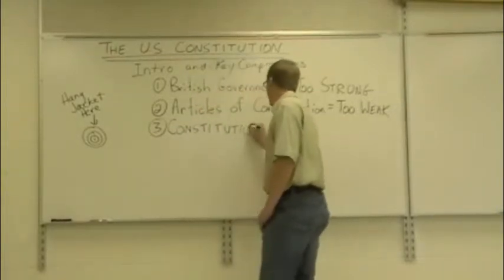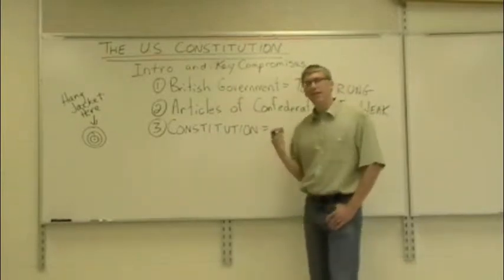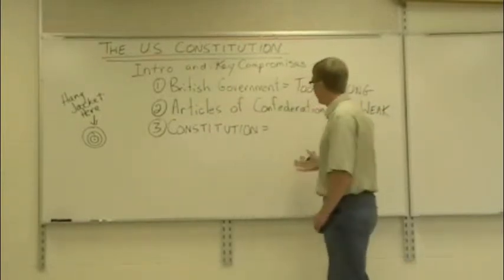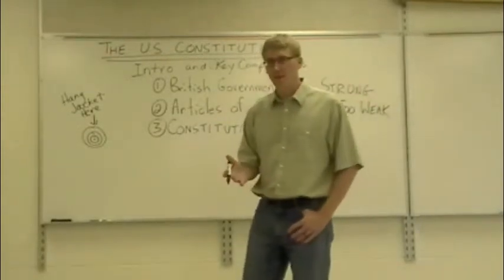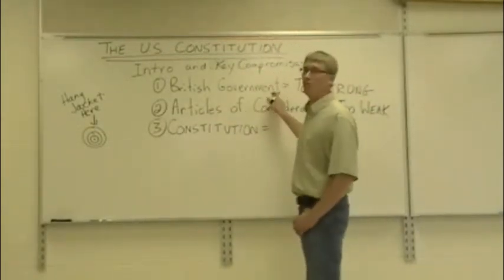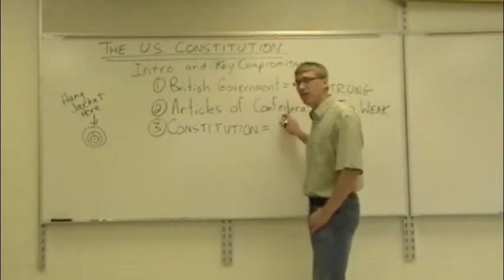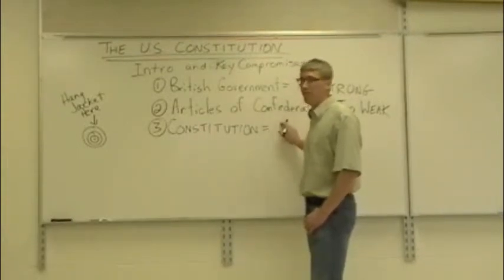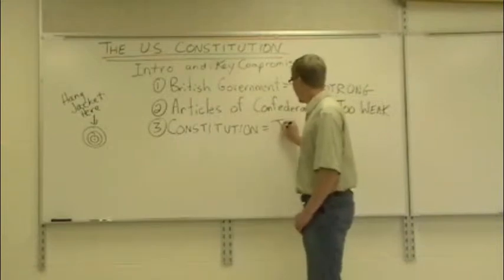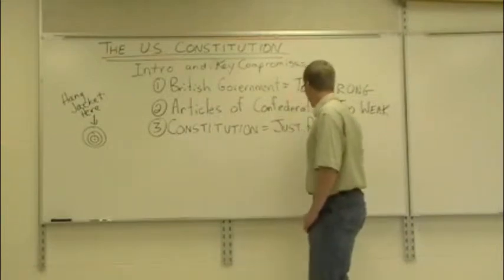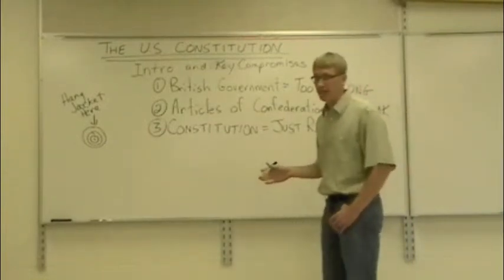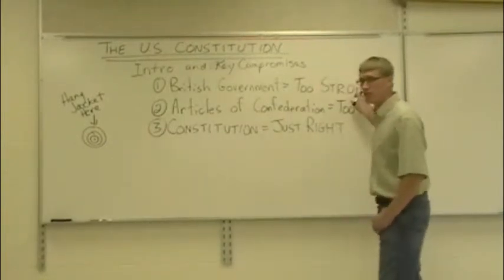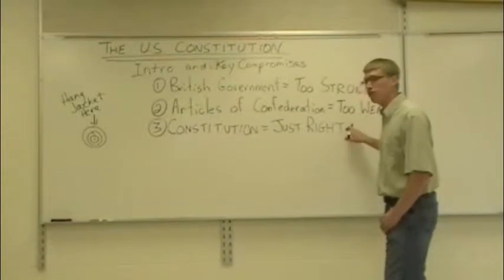The Constitution is like the story of Goldilocks. Goldilocks visits the three bears, and she tries the porridge. The first porridge is too hot. The second porridge is too cold. And the third porridge is just right. It's the same situation here. It takes the colonists three tries to get it right, but eventually they create a government that is neither too strong nor too weak, but just powerful enough, just the right balance.